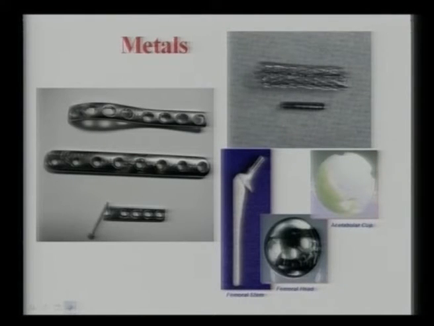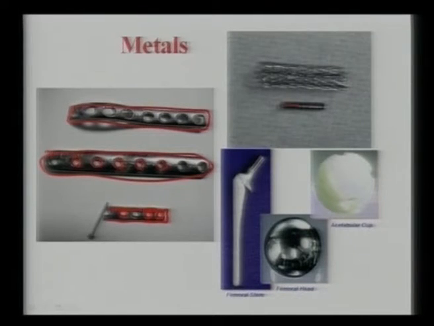Now this slide tells you what different types of products are possible when you use metals. Because metals are essentially ductile and deformable, you can make holes of different sizes in a typical metallic part. This is a typical metallic plate with holes, and you can make these holes by a standard technique, and these plates with holes can be used for particular biomedical applications.